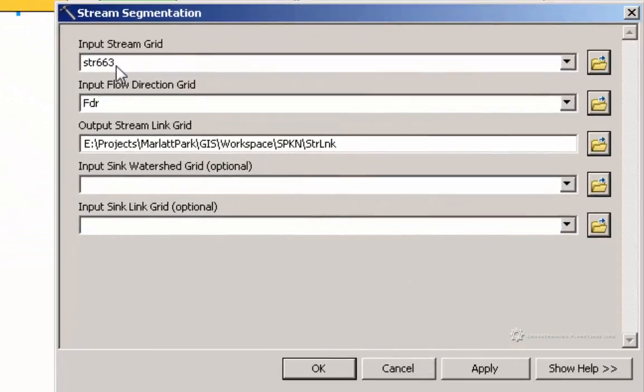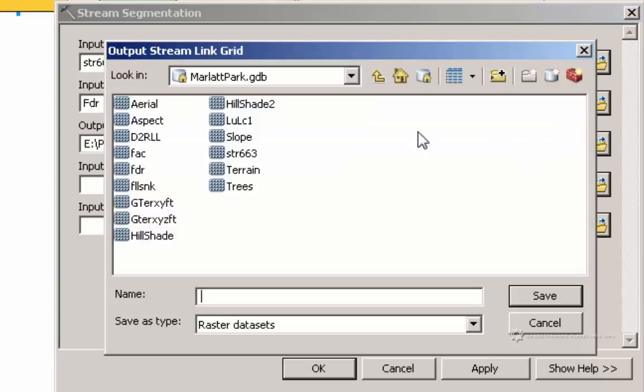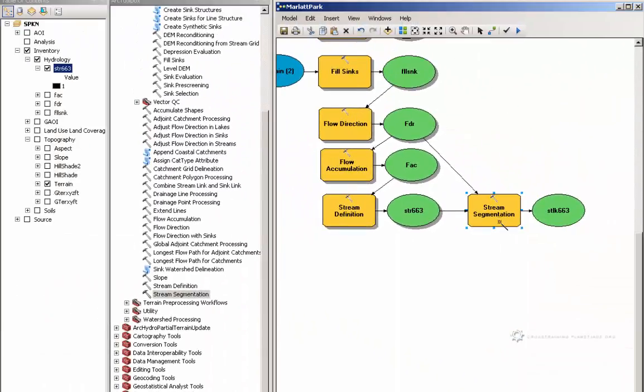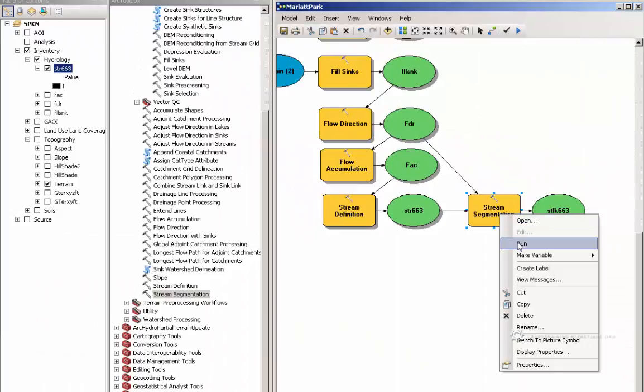So I have my stream grid input, my flow direction, and now I need to make sure that this gets outputted into my geodatabase. I'm going to call this STLK, and I'm going to use the value 663 again. I notice that these 2 values here that it was showing me in the input are optional, so I'm not going to put anything in there. I'm just going to leave it as this. Click OK. I'm going to right click on this tool and choose Run,